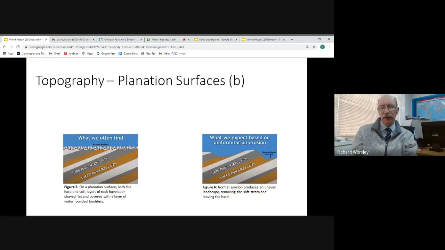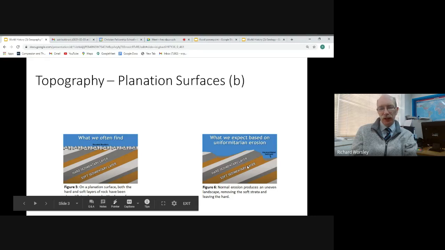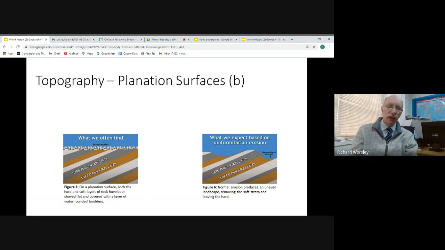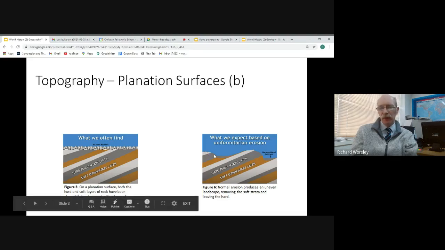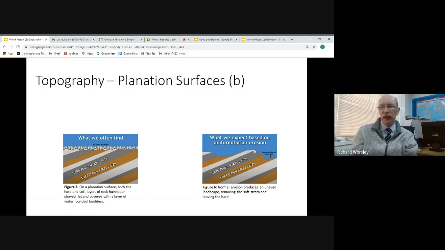What's interesting is that these flat surfaces are not made up of the same type of rock. The underlying rock is sometimes hard sedimentary layers or soft sedimentary layers. Now, in a situation like that, if we were looking at millions of years, we would have expected those surfaces to have eroded, with hard layers obviously eroding less quickly than soft layers, a bit like what we see in coastal areas, where we see soft layers being the bays and hard layers being the headlands. And we'd expect in the dips and the soft layers to be seeing some of the debris, as it were, from other erosions. But we don't see that.